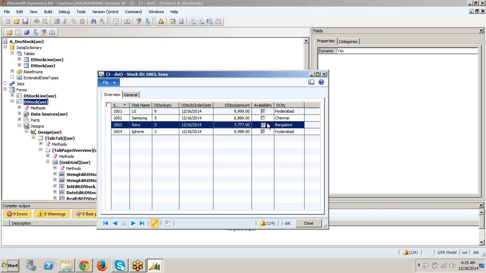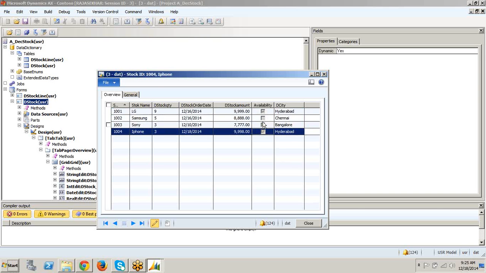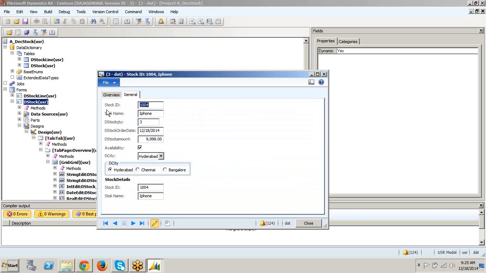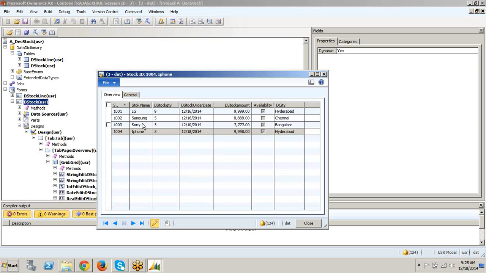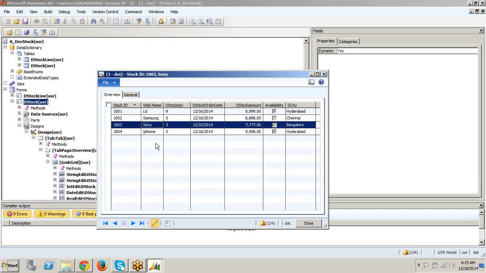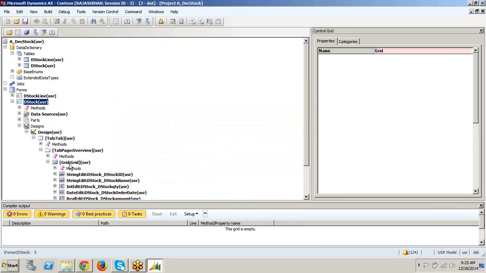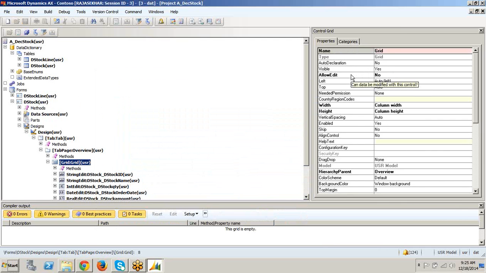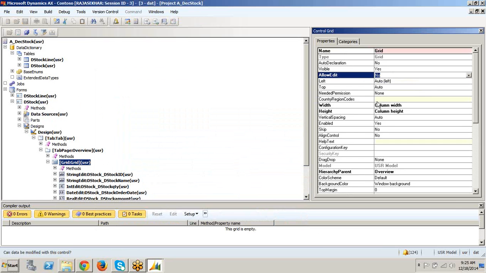Everything is disabled. See, even the checkbox also got disabled. You can enter data only in the general tab, not in the ORU tab. This is just to avoid the confusion of modifying data in both the ORU and general. So here we got the property called allow edit, set to no.